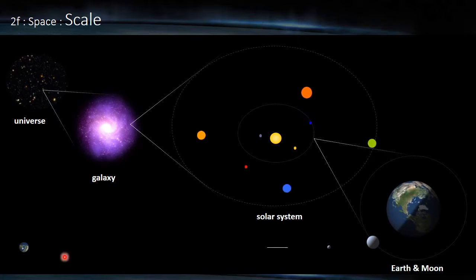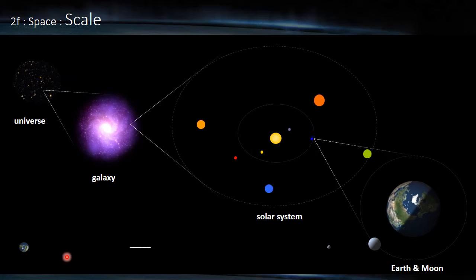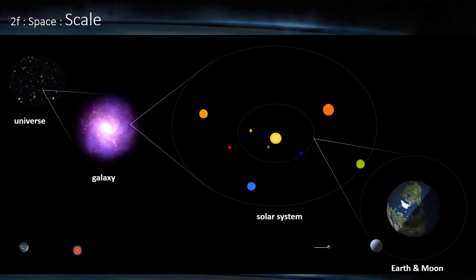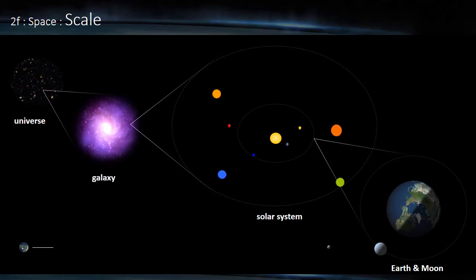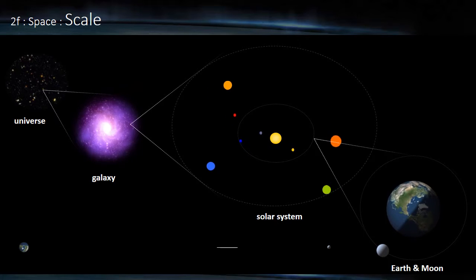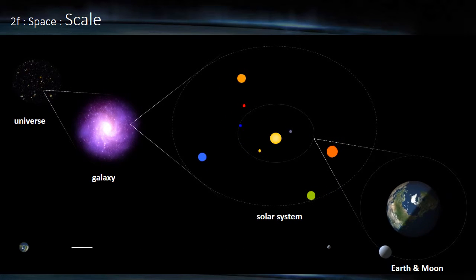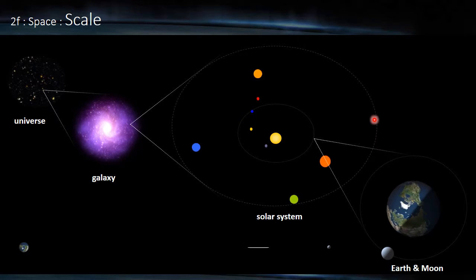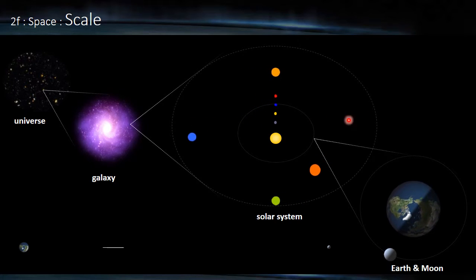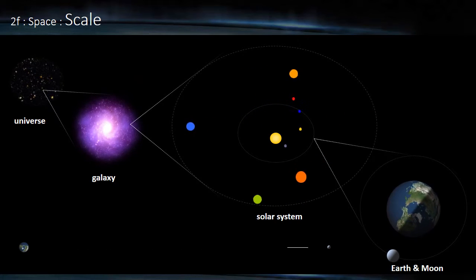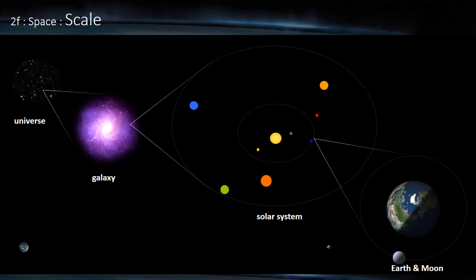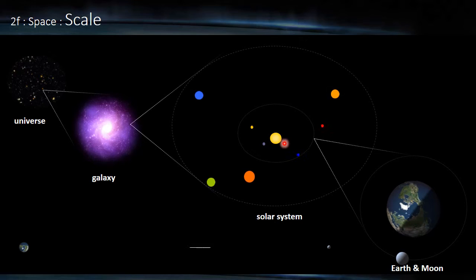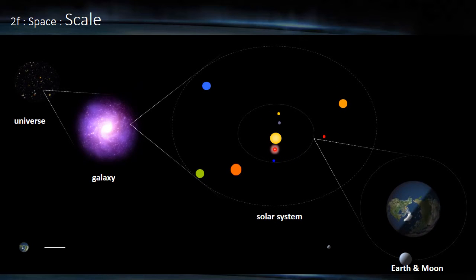So we could have a unit which would be the light second, which would be the distance that light travels in 1 second. We could apply the concept to the solar system as well, and here we'd probably want to talk about light hours. The solar system is about 10 light hours across, which means it would take light 10 hours to cross it. We could even have the light minute. It takes about 8 minutes for light to reach us from the sun,